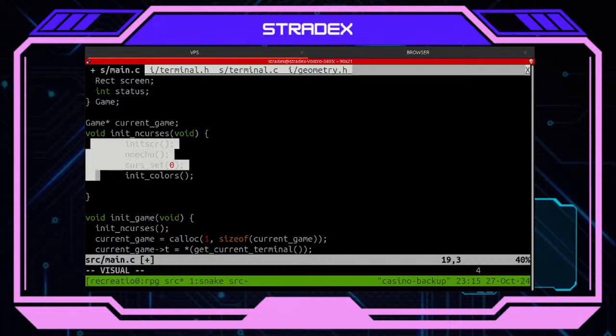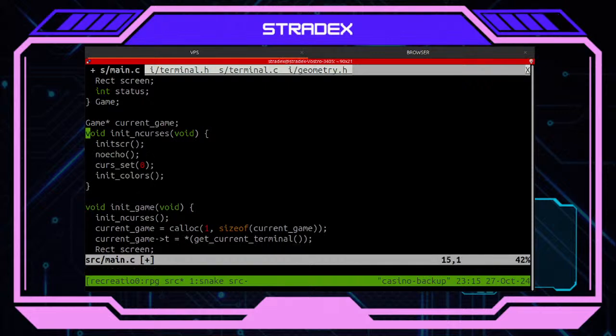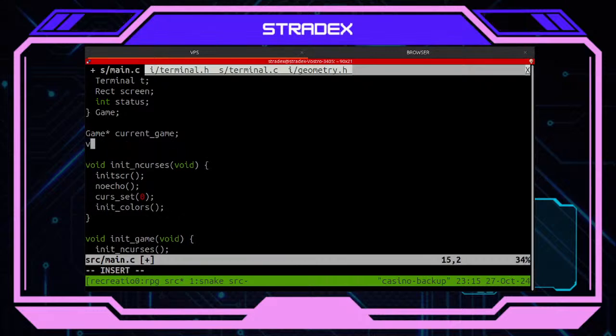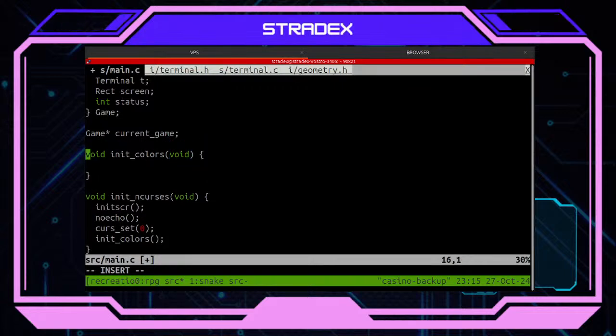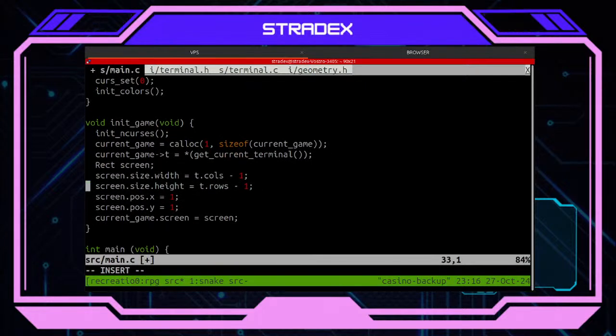And the init colors should be another function that we want here.